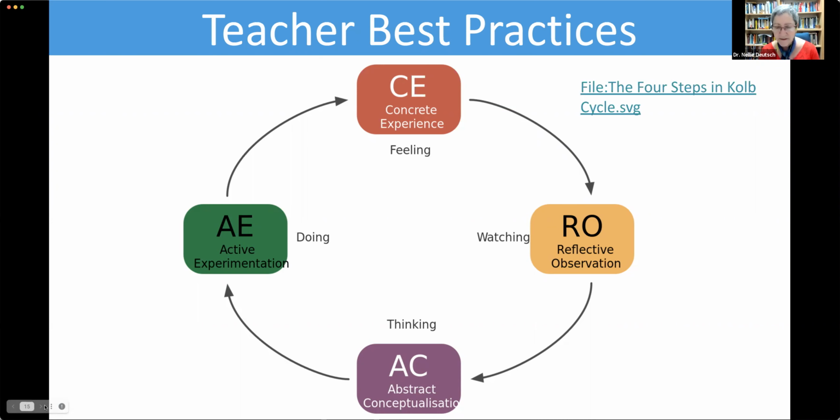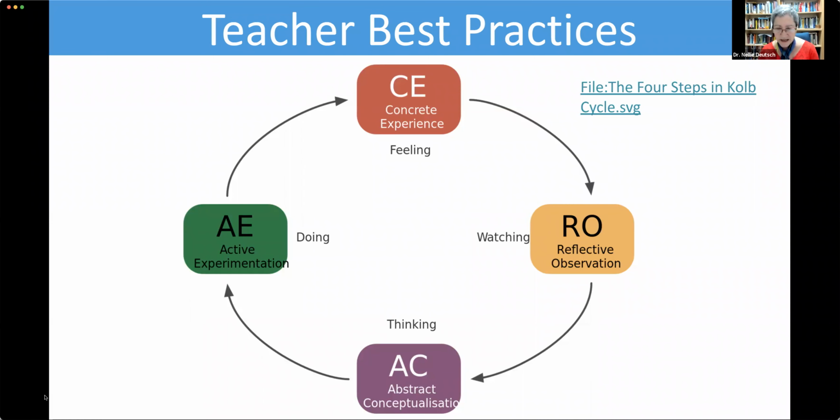And why not add or ensure that these ingredients are part of our courses. And of course, thinking, okay, which is definitely part of the whole thing. And that's the 4 steps. This is Kolb, by the way, the Kolb cycle. Kolb and his wife, Alice, developed this together. And this is not new. It's coming back, but it's quite old. They came up with this, not just for online, but also for learning in general.